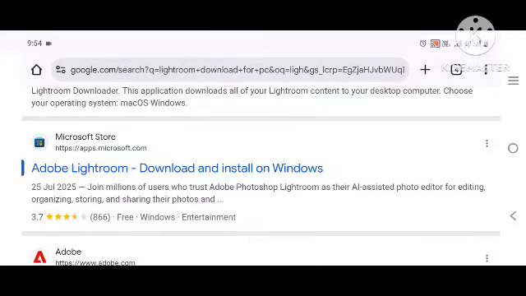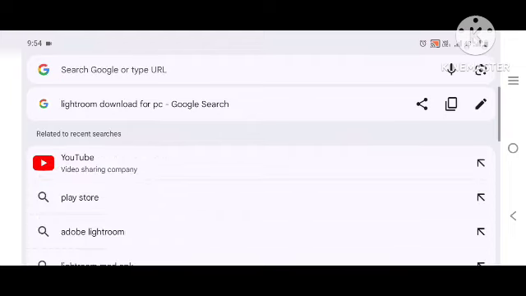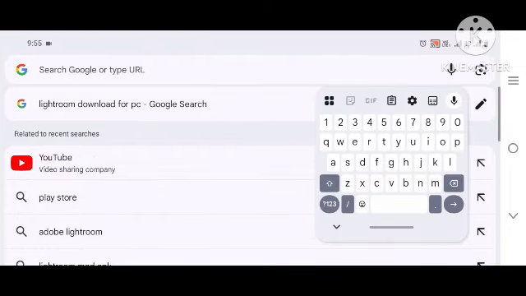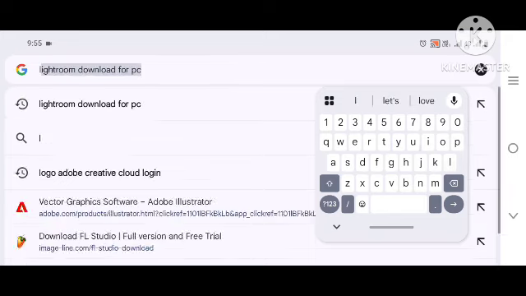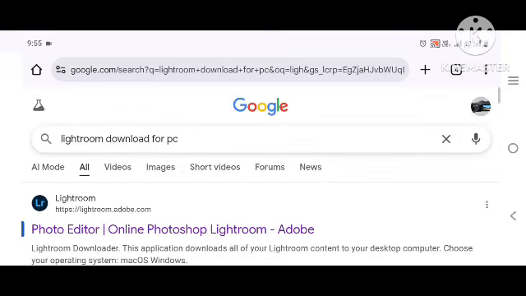If you want to download Adobe Lightroom on your PC, first come on your Google browser and search Lightroom. But before anything, let me tell you,